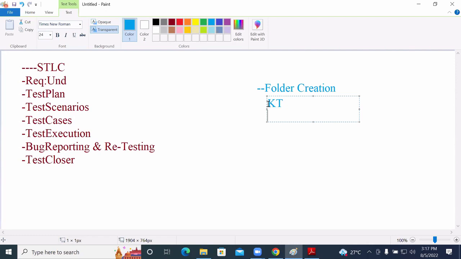In some projects, it will be done in 1 week. In some projects, 2 weeks. In some projects, 1 month also. It totally depends on that particular project. Okay, so now assume that your KT has been going on for 2 weeks here. While your KT is going on, parallelly the test lead or manager takes care of getting the credentials